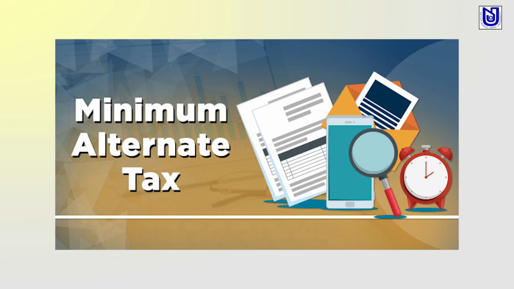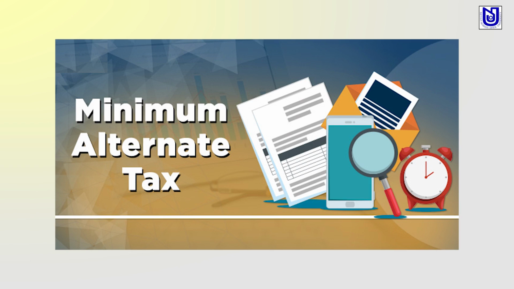However, under the Act, where the MAT provision is applicable, that is, where the tax liability computed under the normal provisions of income tax is found lower than the tax liability computed on book profit in terms of Section 115JB, then the company is entitled to get tax credit under Section 115JAA for payment of tax based on book profit, not on normal profit as computed under the normal provisions of the Income Tax Act, and this credit can be carried forward for a maximum period of 15 years from the end of the previous year in which MAT liability was paid by the company.